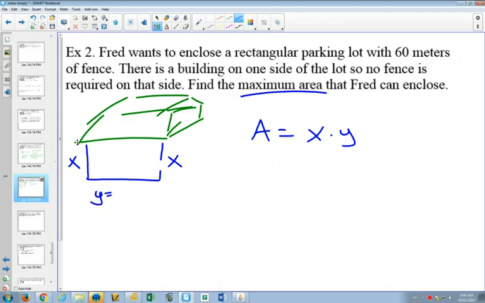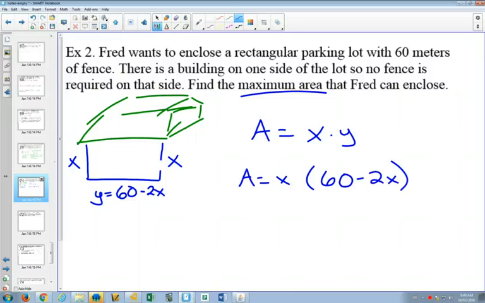What do we know y is equal to? Well, when we did those examples and I did 10, 10, and 40, how did I figure out 40? I subtracted the two 10s from 60. And when I did 1 and 1, I made it 58 because I subtracted the two 1s from 60. So once we've done a couple of examples with numbers, we start to realize what we're doing is each time, if I use x and x here, I have to subtract both of those x's from 60 to see what's left. And now I can write my area formula with two variables. And if I expand this,